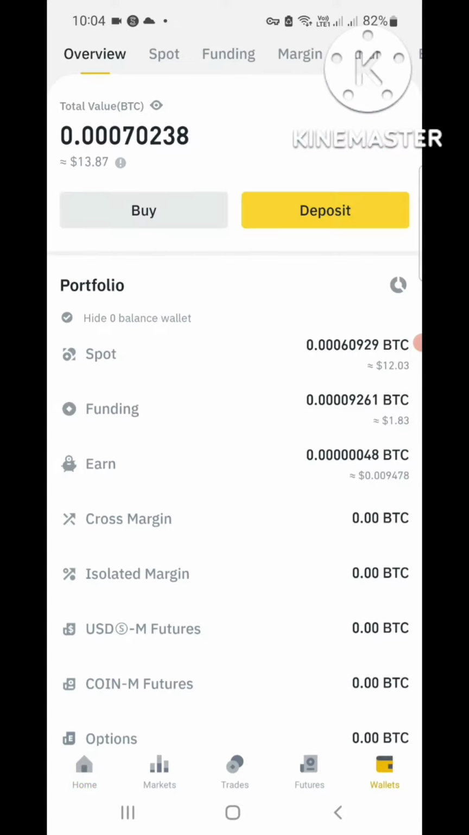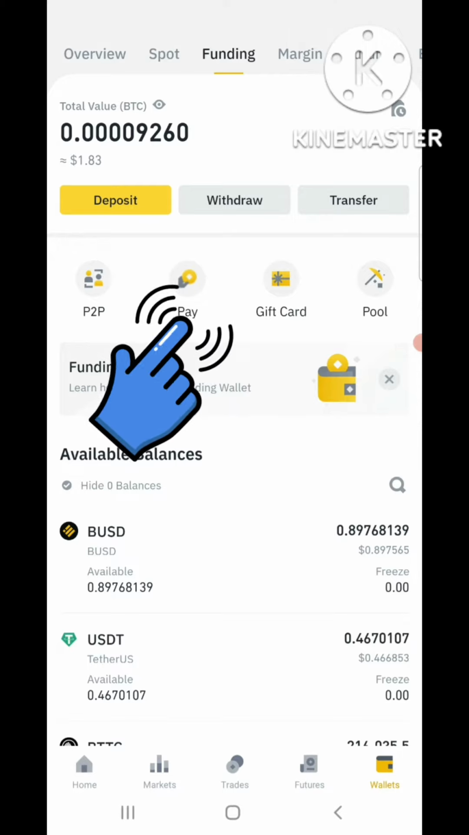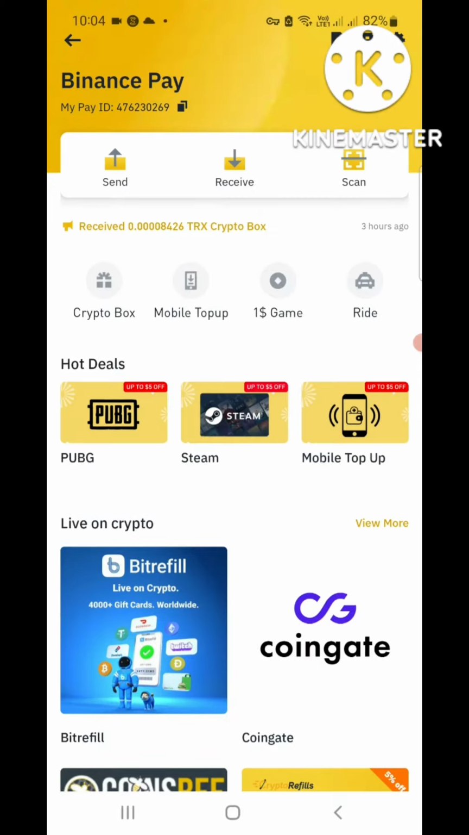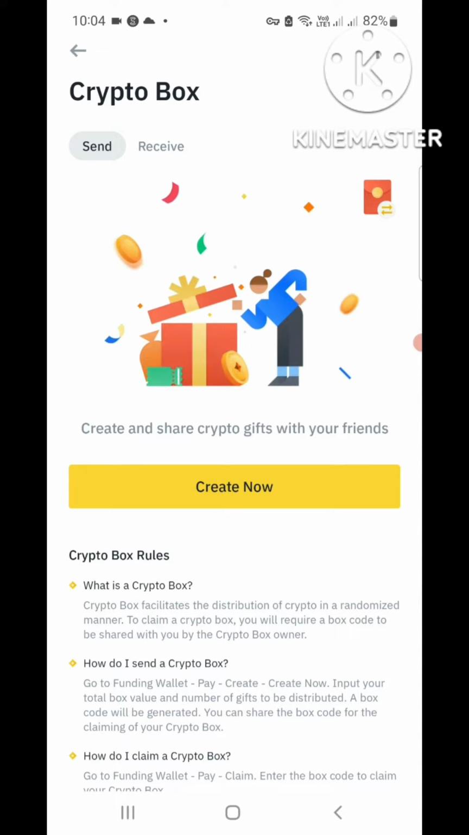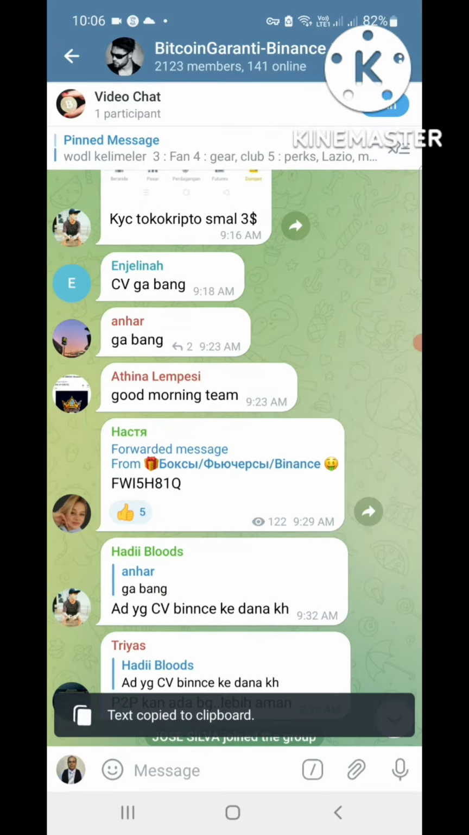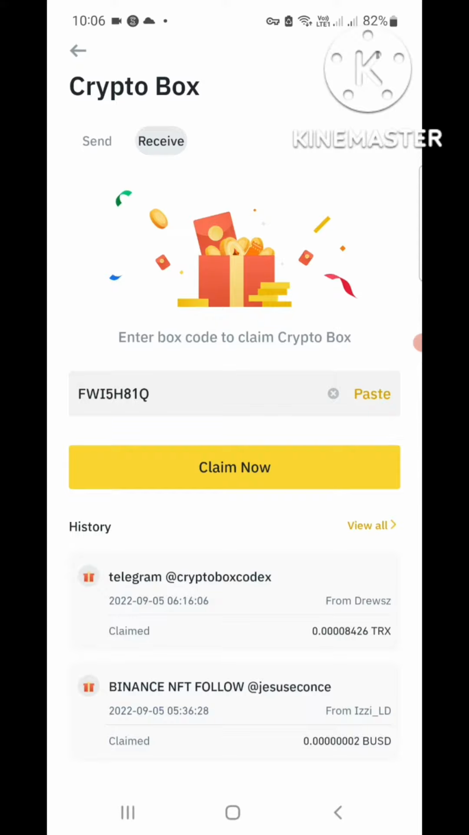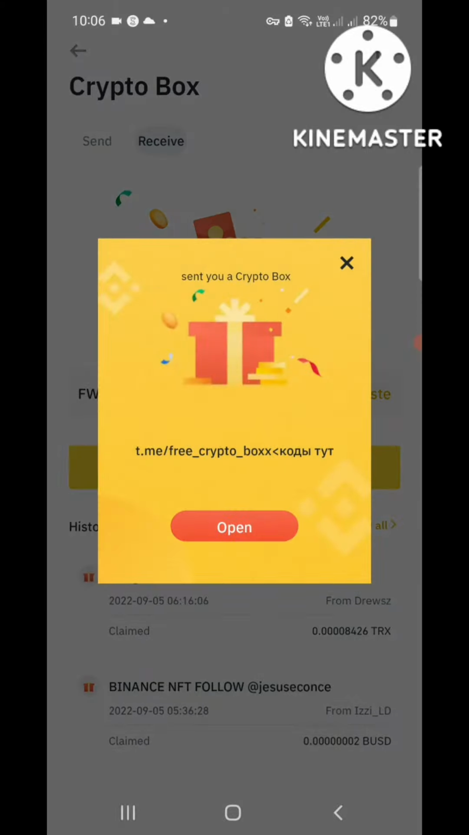From the homepage, select wallet and then funding and pay. Then Crypto Box and get the code you want to use, copy it, go to receive and paste the code, then claim now. Open the box